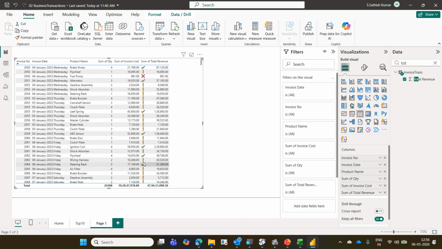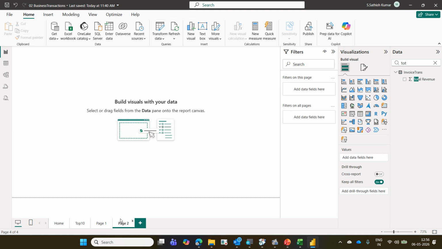AI tool. But unfortunately, the AI tool is not available. In the near future, you will have to buy that AI tool through Copilot. As of now, it's available till December 2026. You can use that. I have inserted a page. Go to the three dots below the build visual. There is a three dot.